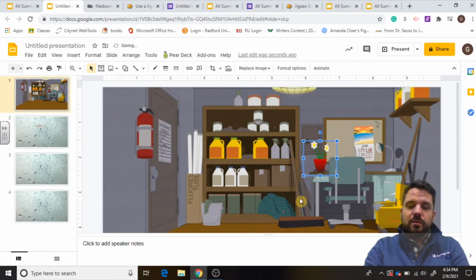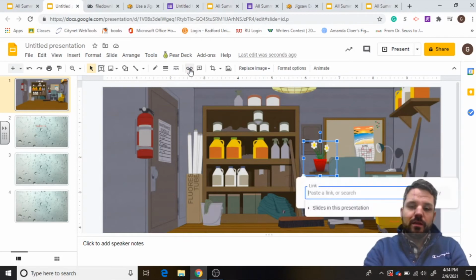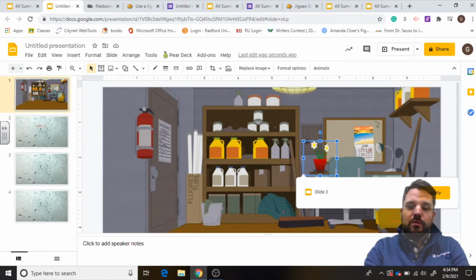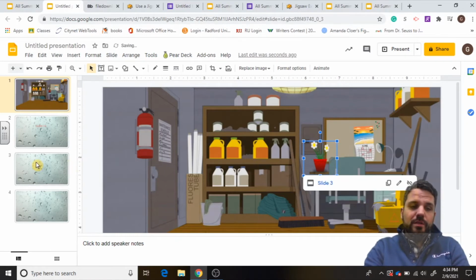Okay, so now I have a flower pot that's on the desk, and I want to make that picture clickable for a link. So when I click on it, notice that this new toolbar opens up, and I can click the link button again, and I want to link that now to slide number 3